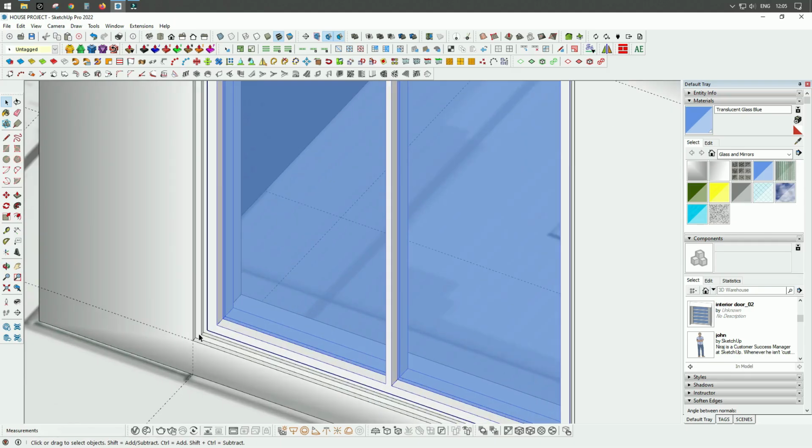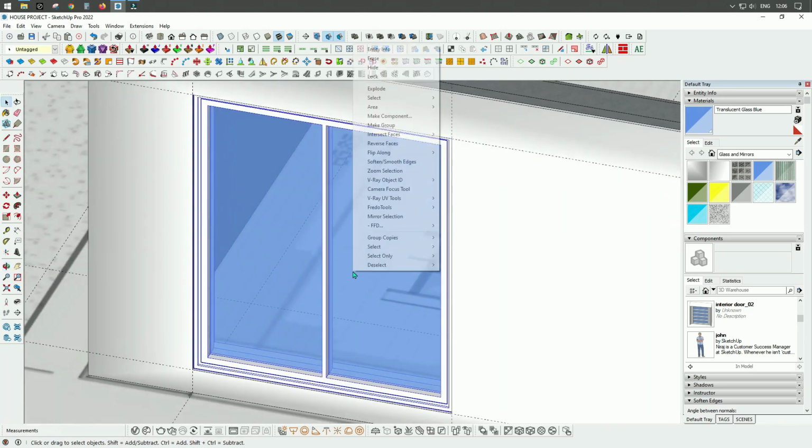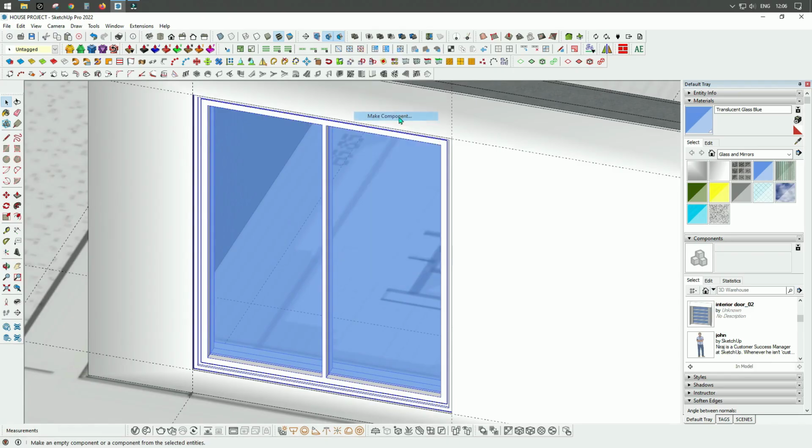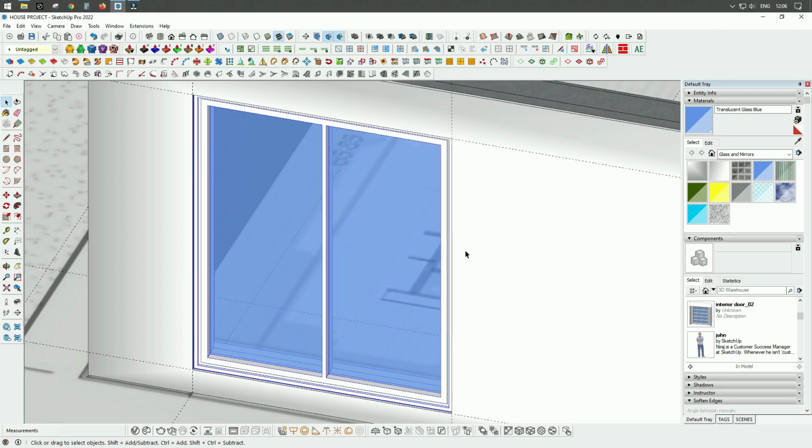So I have to select all the parts of this window. By right-clicking with the mouse I can make a component, and the name will be window 2000 millimeters by 2400 millimeters. I can click create,